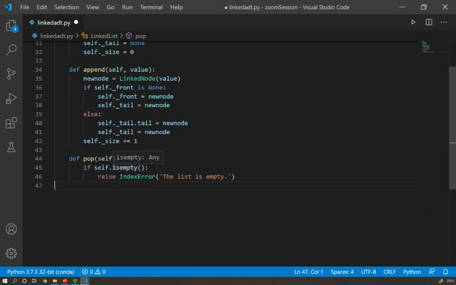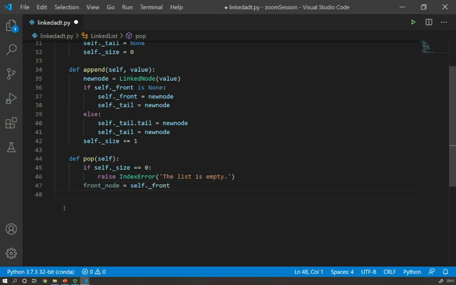Ideally, I will create probably a method is_empty. But if that's not the case, what I can do is to check that size is equal to 0. If that's the case, that means I've got an empty list, and therefore, I should raise an IndexError because I cannot pop an element from an empty list. Otherwise, I'm going to proceed as follows.